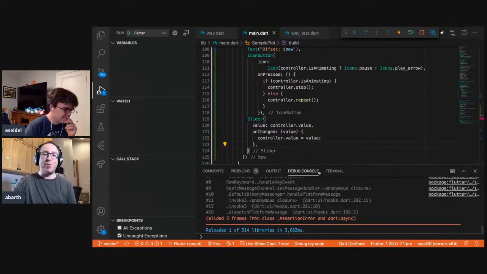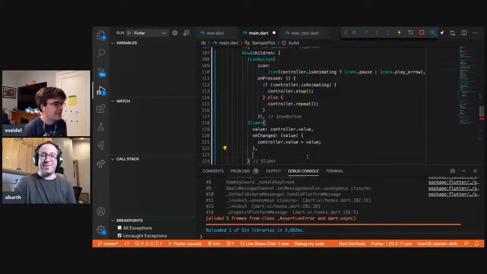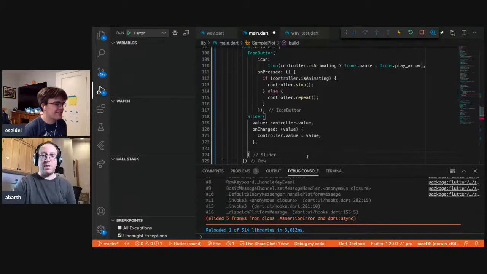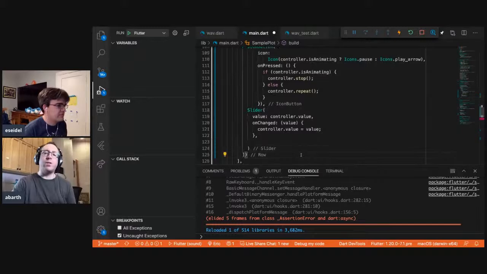Do you want to move the text to the end of the row so that we have less dancing going on? Oh, but the dancing is part of the fun. Yes. It's still going to dance. It's just going to dance differently. Right? It's going to dance the length of our slider or whatever is flexing in the middle. Oh, I think you want to move the text one row down, one line down. Oh, that's a good question. So I wonder how wide the slider is going to be.